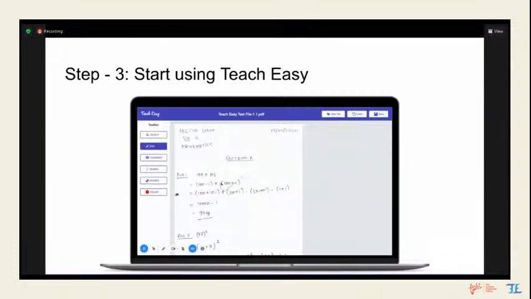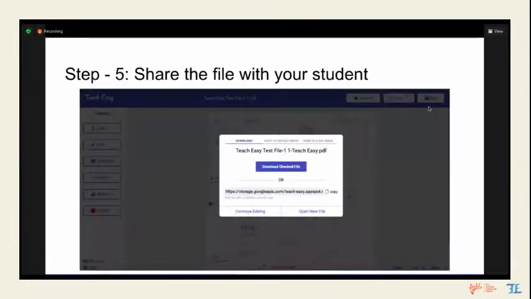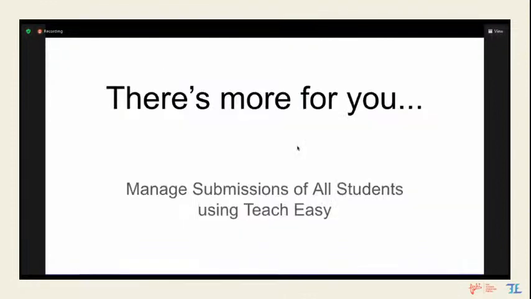You can even add marks, which are auto totaling for you to do the whole checking work. Once you have completed your work, go ahead and save the work, and then you will find the options to share the checked file, the output file, with your students any way you want. So this is how desktop works.